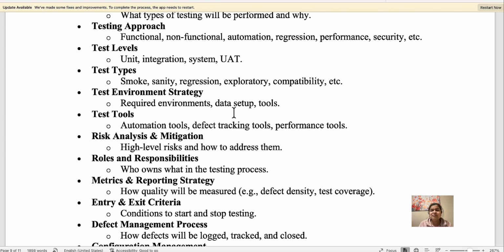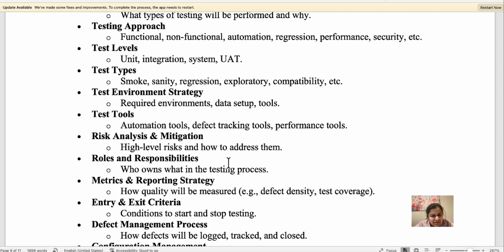If I'm doing everything from scratch, how would I go about implementing a Java Selenium framework where I have all the object repositories in one place, and every page has a corresponding object repository page? For example, login will have a login page where all the parameters, like object repositories, are stored, and so on. And then we have different testing tools for automation, defect tracking tools, performance tools, risk analysis and mitigation,